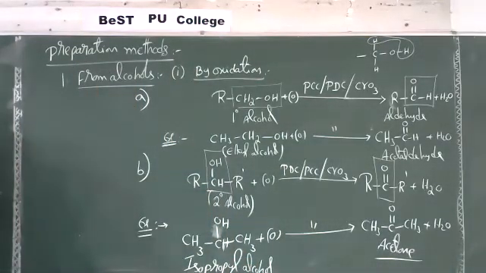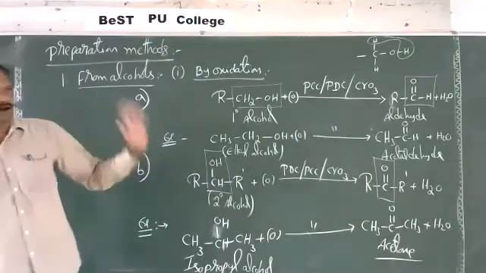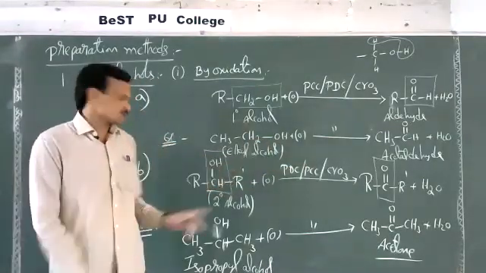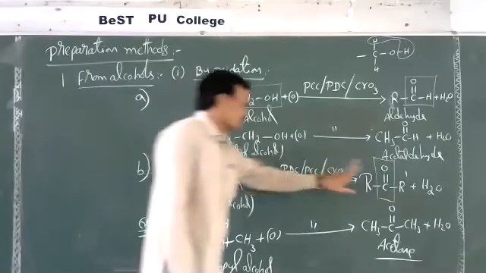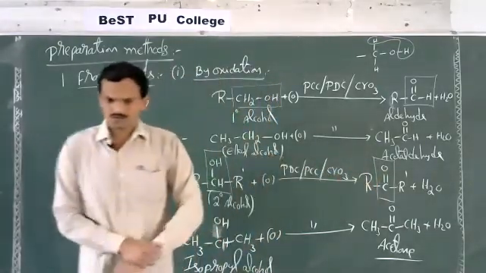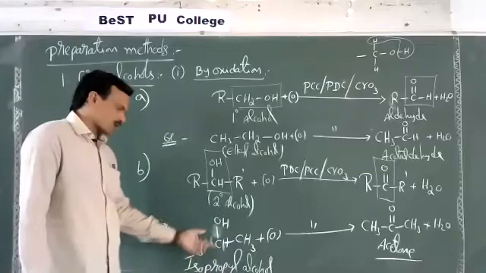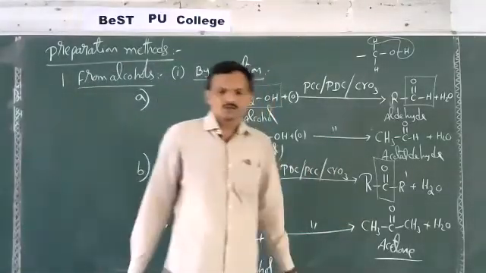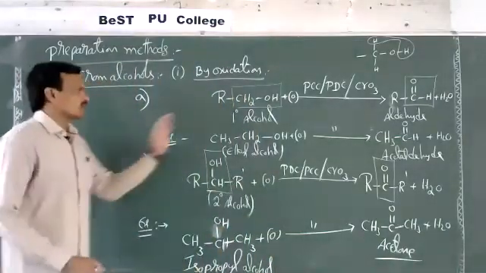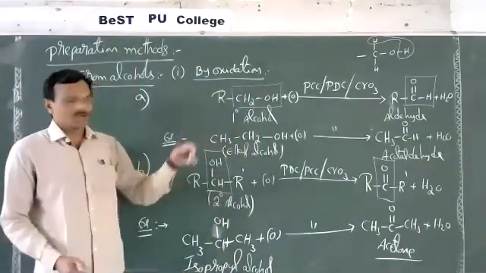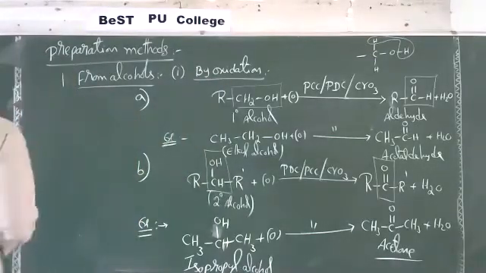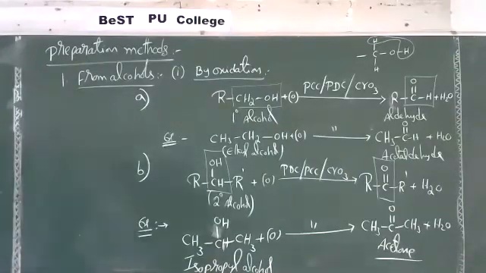So like this, secondary alcohols on oxidation with mild oxidizing agents give ketones. The overall change of this reaction is CHOH is oxidized to CO group. Then an example, isopropyl alcohol on oxidation gives acetone. So this is the preparation of aldehydes and ketones from alcohols by oxidation. This is the first one. Now we'll go for the second one, same from alcohols.